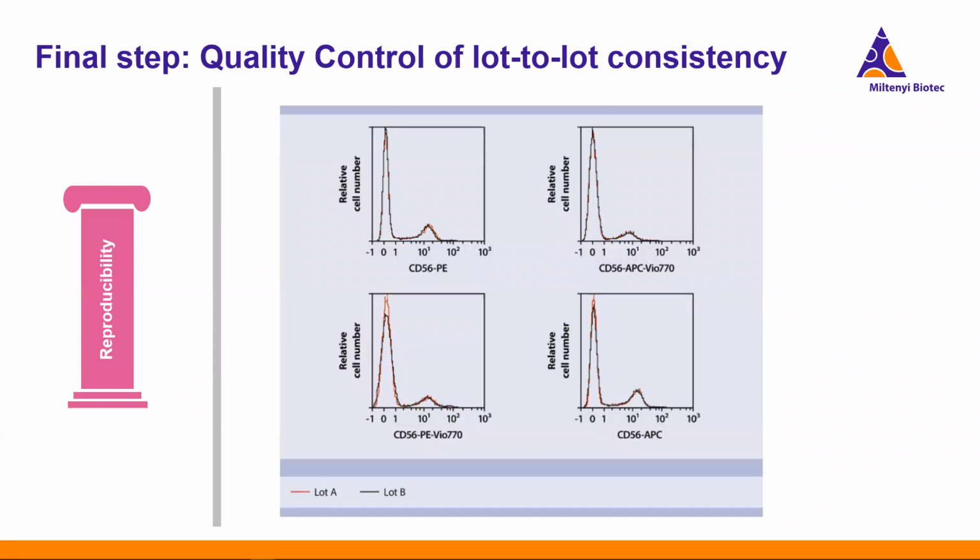Here we're looking at what that looks like. We're looking at human PBMCs from a single donor, stained with CD56 antibodies conjugated to 4 different fluors. That's the only difference in these charts, the fluorochrome. For the 2 different production lots we're looking at here, lot A and lot B, you can see, or maybe you actually don't see, that it's perfectly overlaid. These histograms show you that their performance is virtually identical. So these are the main ways we're ensuring reproducible antibody manufacturing.